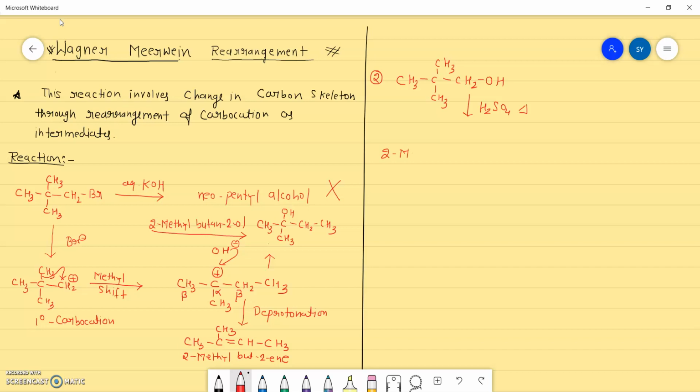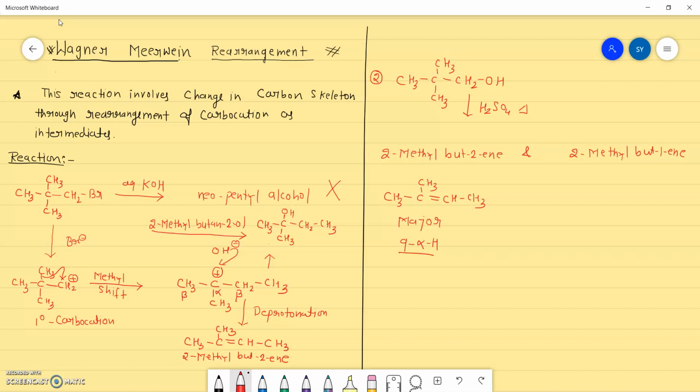2-methyl butene and 2-methyl but-1-ene. Now see which one is major product and which is minor product. So when you draw this CH3, CH3 double bond CH bond CH3, so this is the major product. Why is this the major product? Because it is having total 9 alpha hydrogen. So what is 9 alpha hydrogen? I will tell you, just hold on.